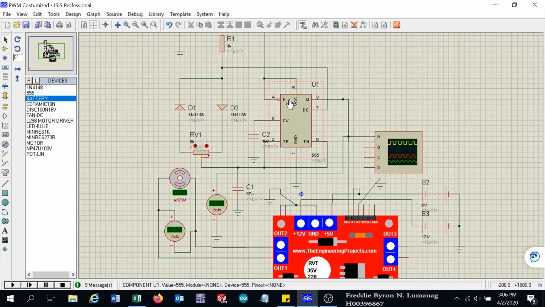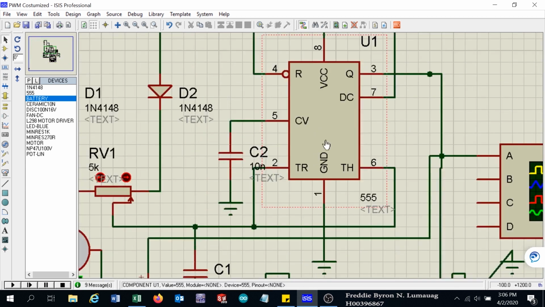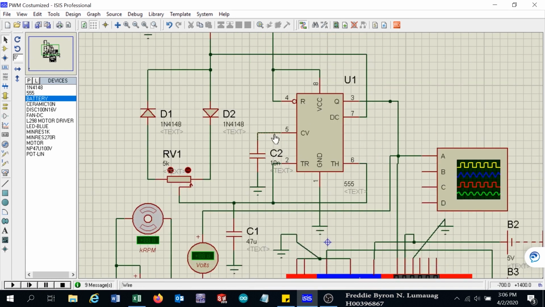We have a PWM generator using the LM555 timer IC, and have connected this to the CRO, the oscilloscope, and we can vary the pulse width here